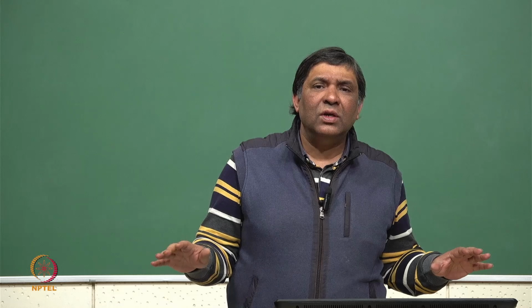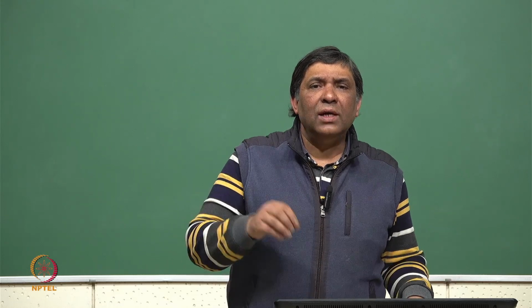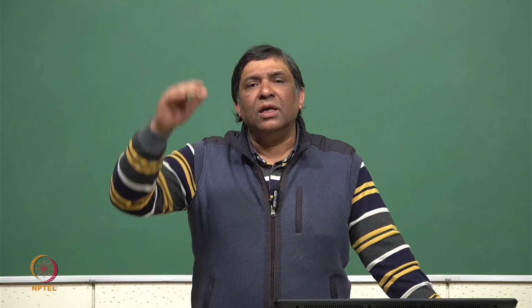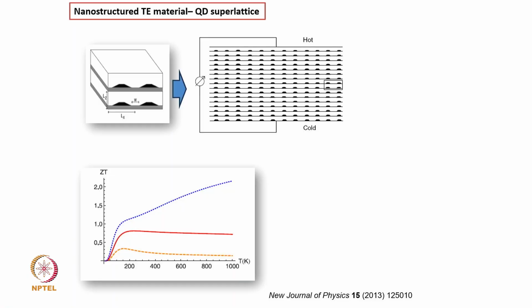material as a matrix, and then grow another material as the dot, the quantum dot, and then you generate the layers. So you can see that this is one particular two-layer lattice, where these are the length dimensions Lx and Lz, and W is the width of the well. So when we have this particular configuration, and I repeat it over various layers, then we get a superlattice structure, which is the quantum dot superlattice.